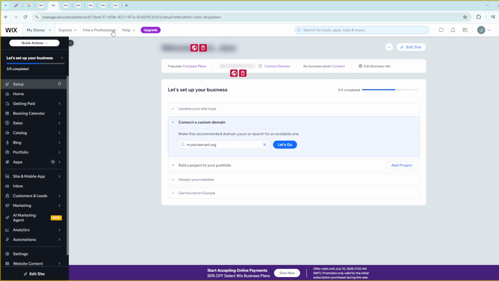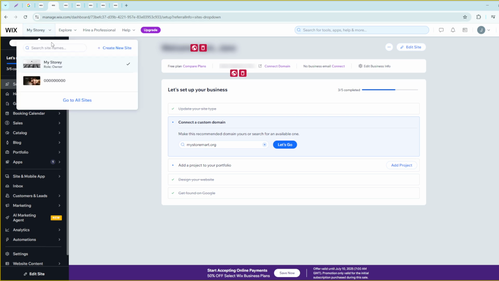Next, you'll need to go to the specific site you wish to delete. To do this, click on the My Sites button. This will present a list of all the websites associated with your account. Browse through the list and find the website you want to deactivate. Click on it to access the website's dashboard, where you will find all the options you need to manage your